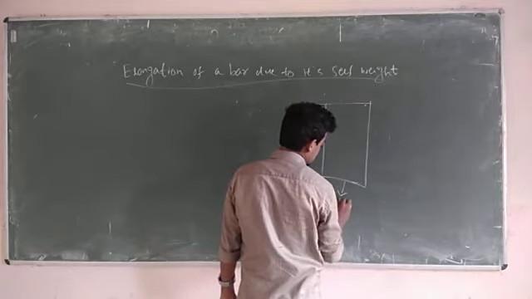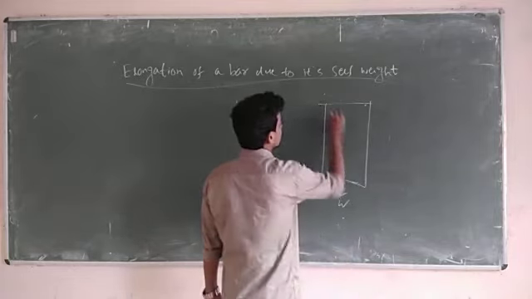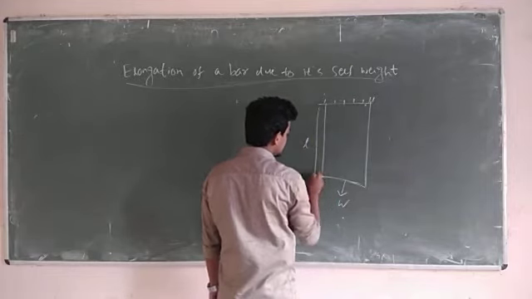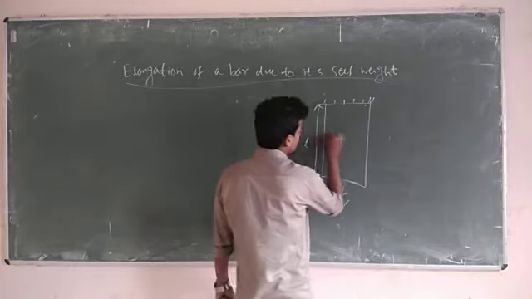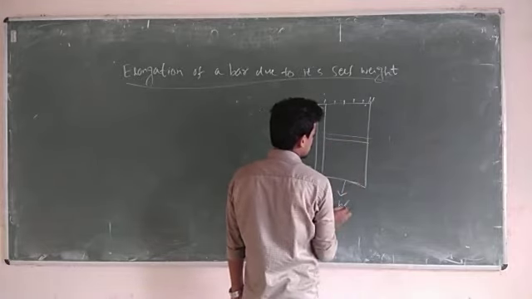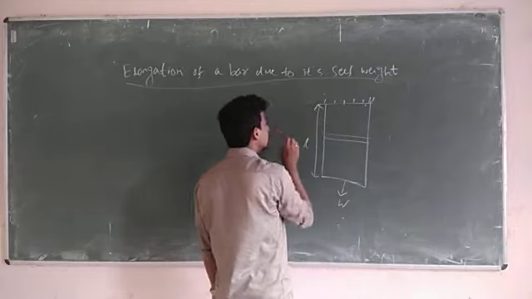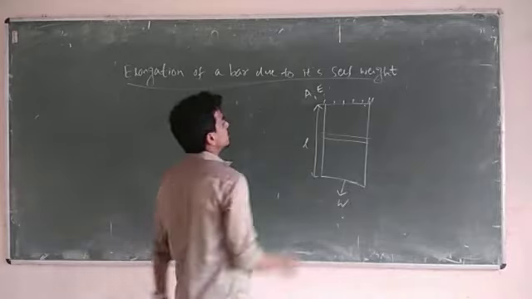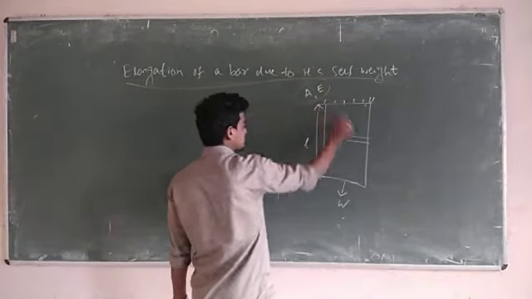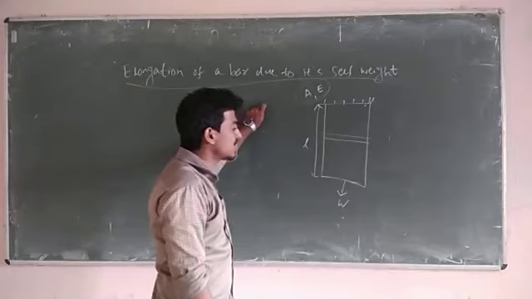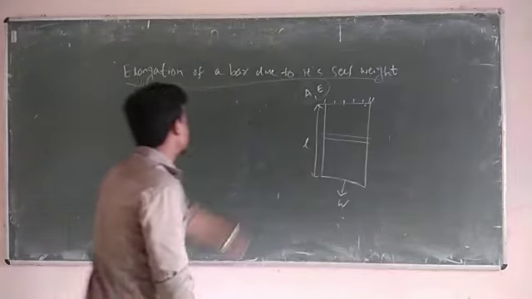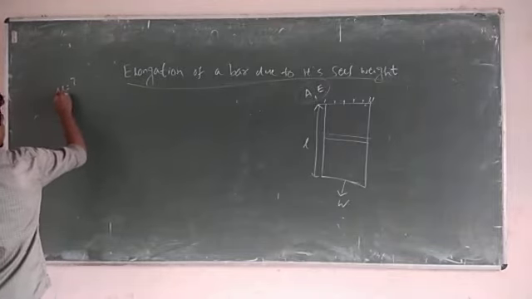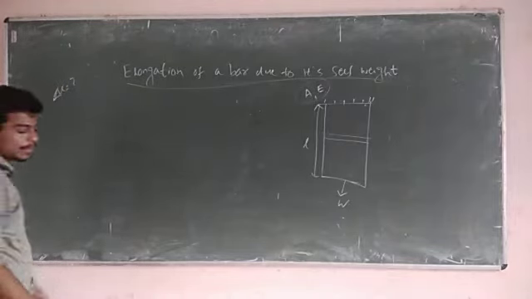Suppose the load is W, here you are hanging it. The length of the bar is L. The area of cross section is A and E. Okay? A is given. In this case, you have to find out the elongation of the bar. You will find out delta L. Now the question is how to calculate it.